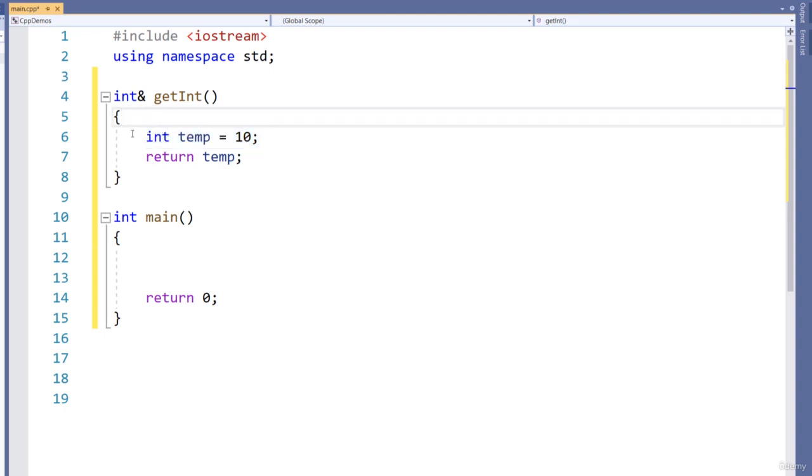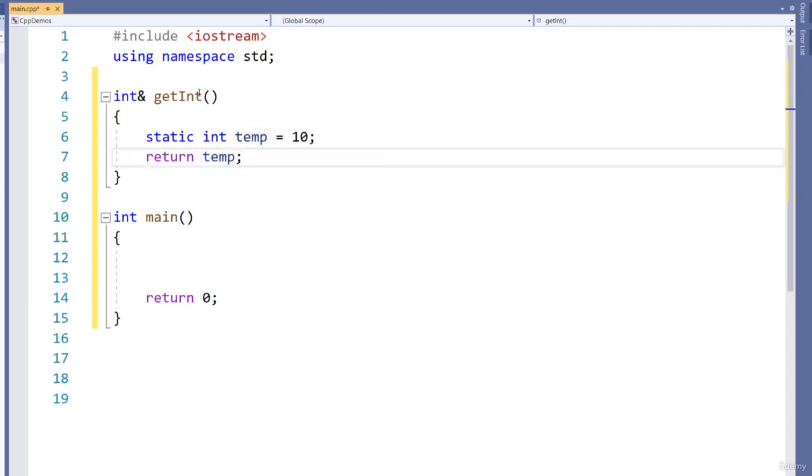It's not very useful in this case, so what we can do instead is create a static integer called temp, and then we can return that. So this is going to exist for the duration of the program. So this function now returns an L value, because what it returns, this integer here, will have an address in memory. So what's really weird with this is we can do